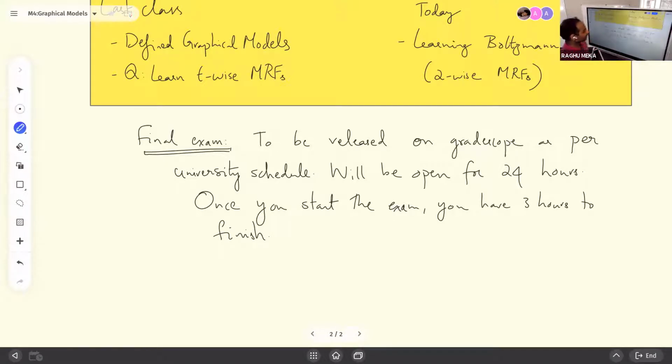In the 24-hour window, you can start it at any time that you want, but once you start it, you have to finish within 3 hours. Okay, it's kind of a timed exam, but you can pick the window of time that you want to work on. All right,